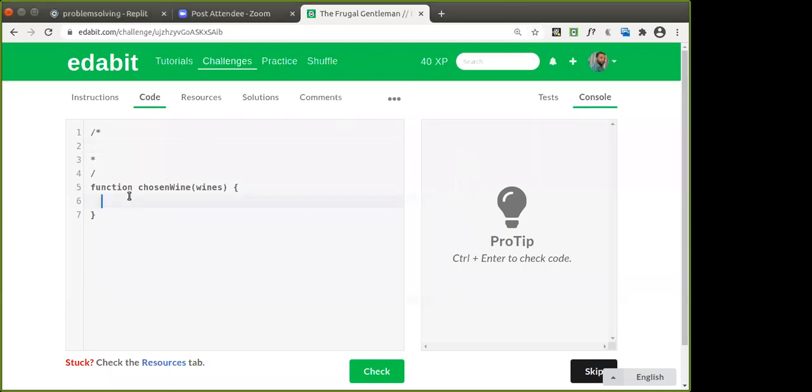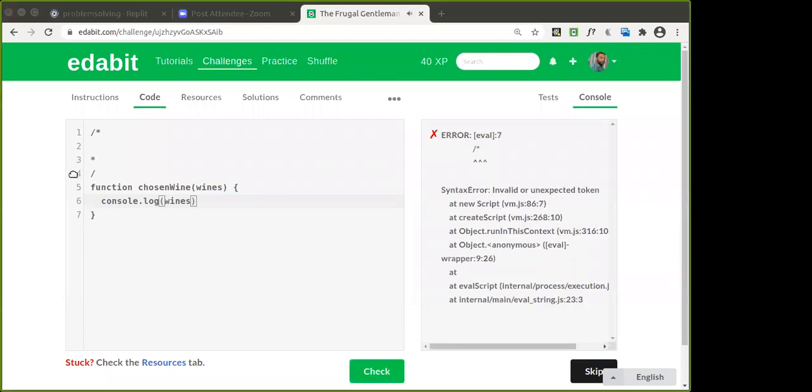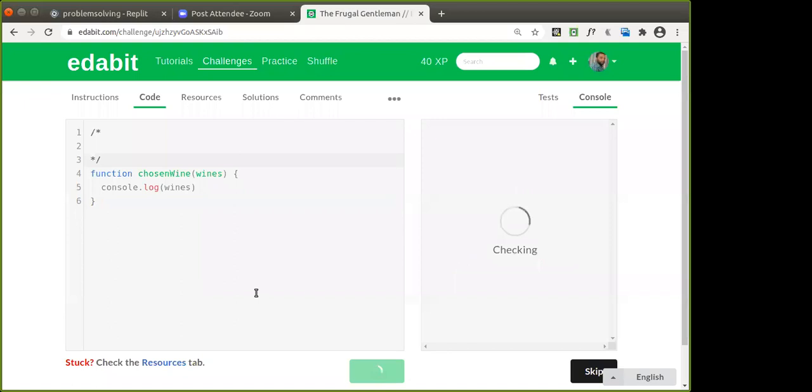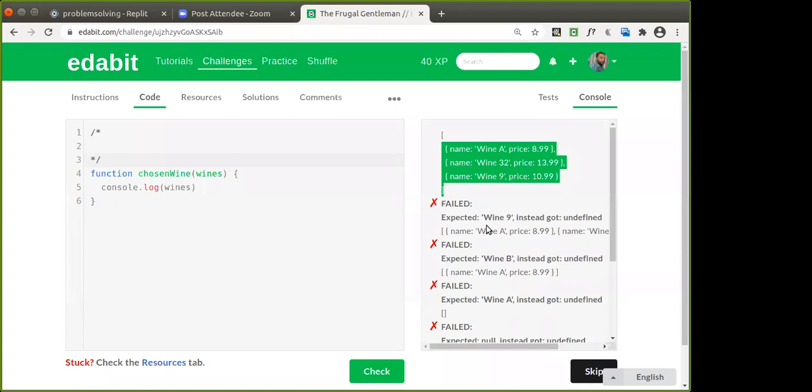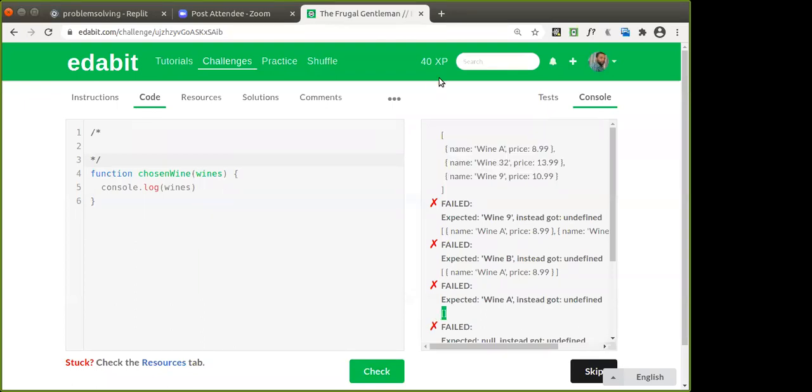Yeah, let's print this one. First of all, what we are getting as the input is in the form of what? Wines, isn't it? So we need to check that one. So this is the input that we are getting, isn't it? In this one, 3 objects are given. In this, 1 object is given. In this, no object is given. So how are we going to identify that one?